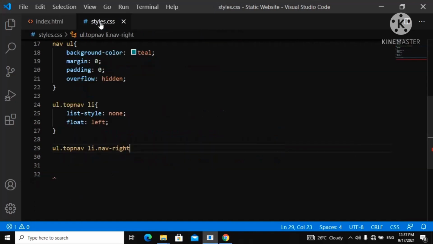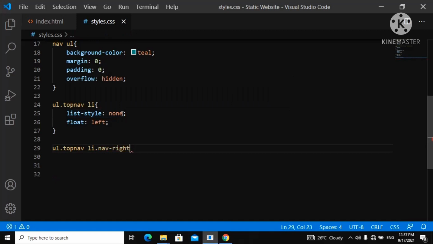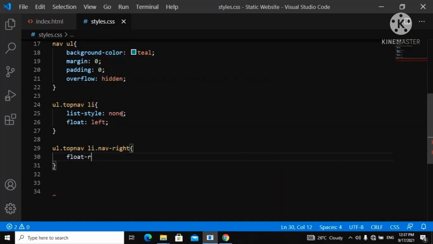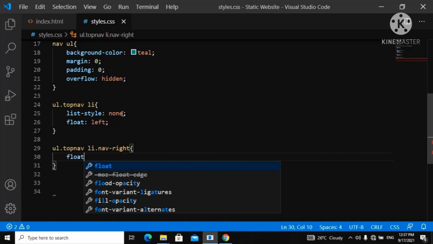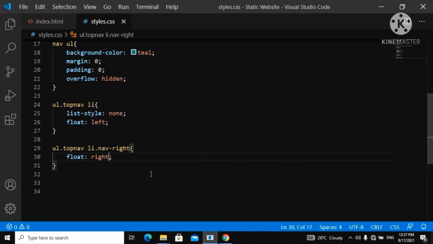If we go back to our web page now, we are going to float this to the right. So we say float right. We are floating this to the right. If we refresh this now,